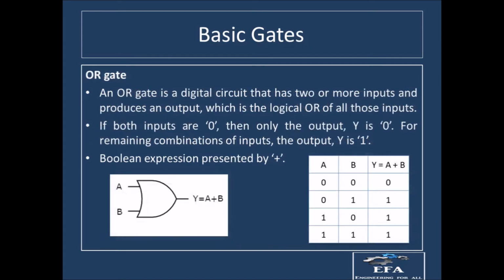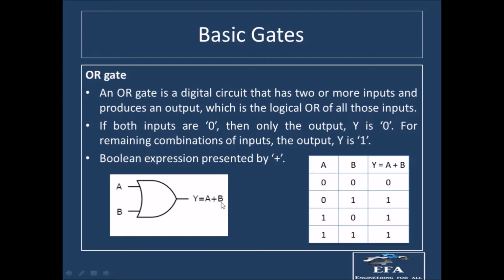Okay, so next is the OR gate. We will be discussing the basic OR gate. A and B are the input lines, and this is the symbol of the OR gate. Wherever we have to draw a circuit and we are using the OR gate, we will use this symbol. The output is, suppose, y, so y will be equal to a plus b. This plus sign represents the OR gate. So wherever there is a plus sign, it means we are having an OR gate there.